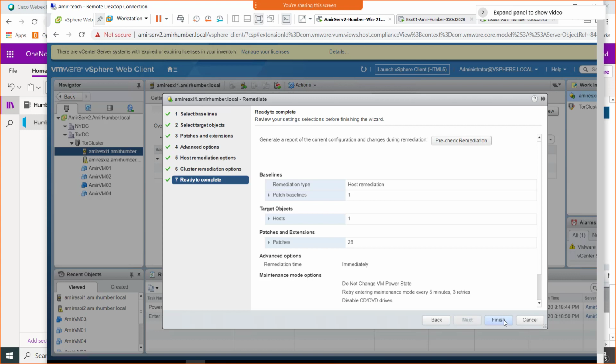Now we're going to click finish, and it might give an error if the internet is too slow, or it might succeed as well. Let's see who's the lucky one who is successful. And if it is successful, at the end it's going to show you compliant instead of not compliant. So I'm going to click finish here.